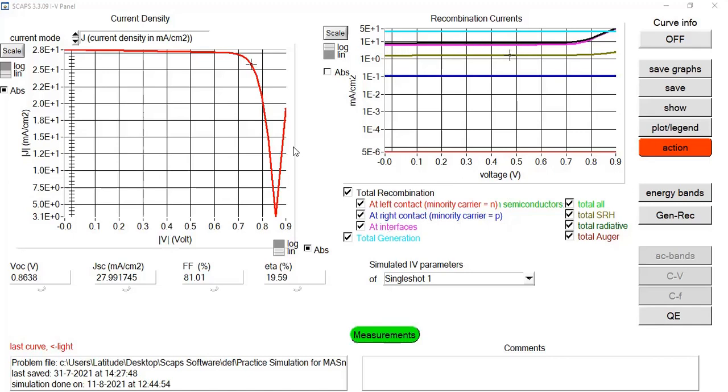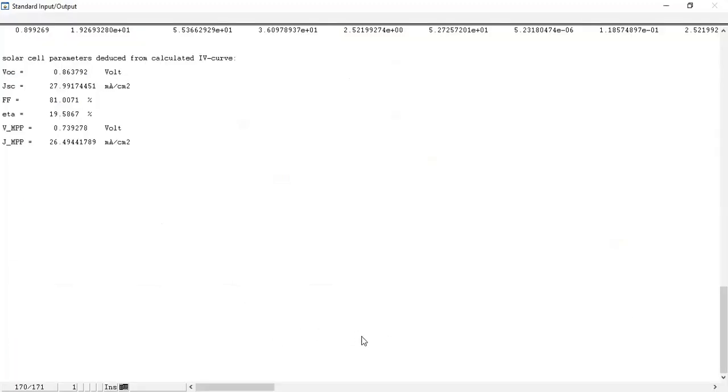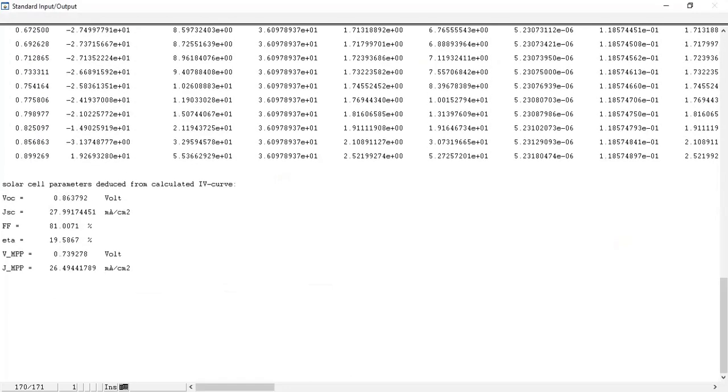But today's lecture is about JV characteristic analysis, so I'm not going to focus on the recombination factor, recombination rate, or recombination current. Now, the next thing is that we are going to check the parametric values so that we can extract some data from the SCAPS simulation tool. I need to click on show. So, okay, I'm going to show you some tentative material data that can be extracted.